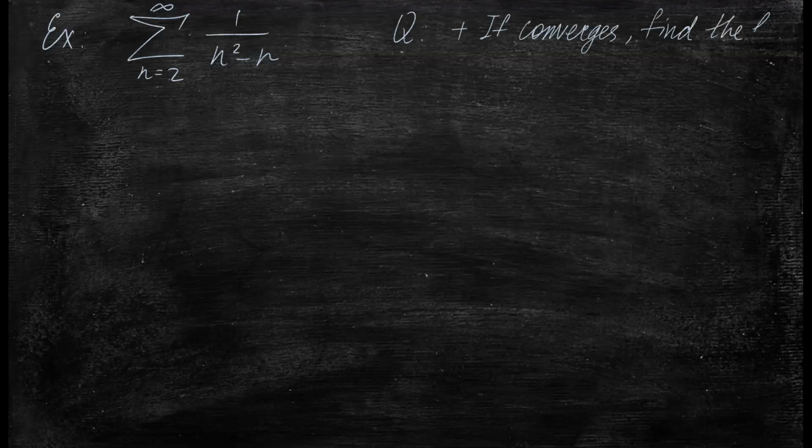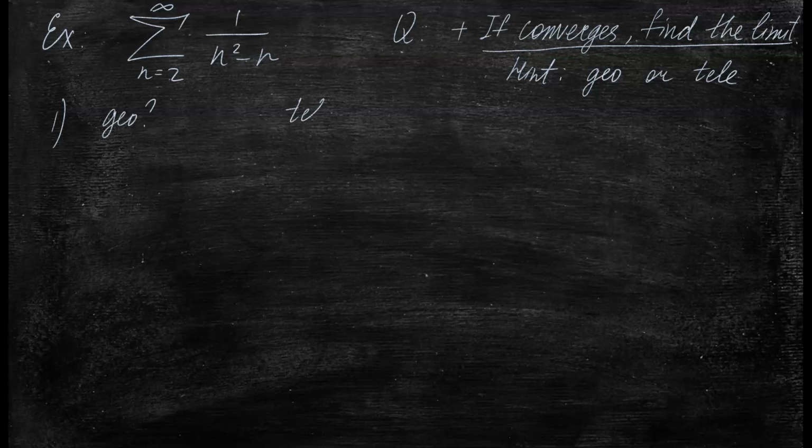Now we know that there are only two types of series for which we can find the limit. So we're gonna use this as a hint. And the hint is that it is either geometric or telescoping. And we're gonna spend quite some time in step 1 trying to figure out whether it's geometric or telescoping. And it does not look like geometric, so it's gotta be telescoping then, right? So to telescope it, we're going to use the